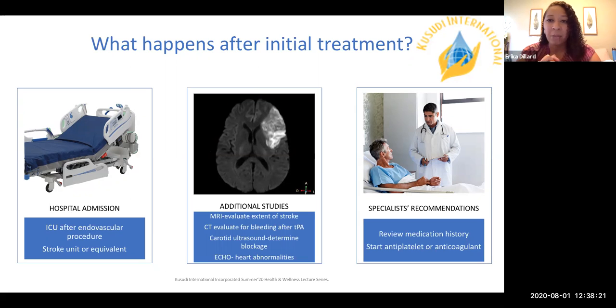Some of the common therapies that a person may be on for an extended period of time after they have a stroke are antiplatelets, and antiplatelets include aspirin. You may hear of a lot of patients taking aspirin every day after they have a stroke. Or you may need to actually be on a real blood thinner, such as Coumadin, specifically if you're a patient who has a propensity for embolic events, or clots that go from the heart up to the arteries and get lodged in the arteries in the brain. Anticoagulants are the treatment for that.